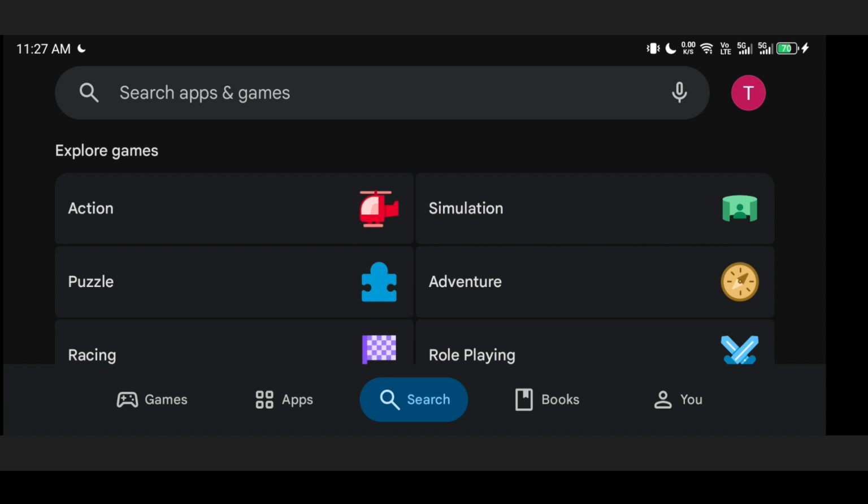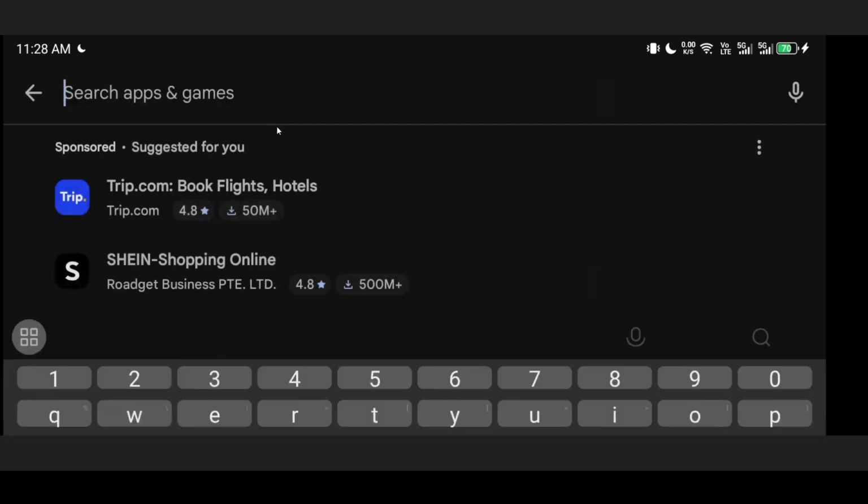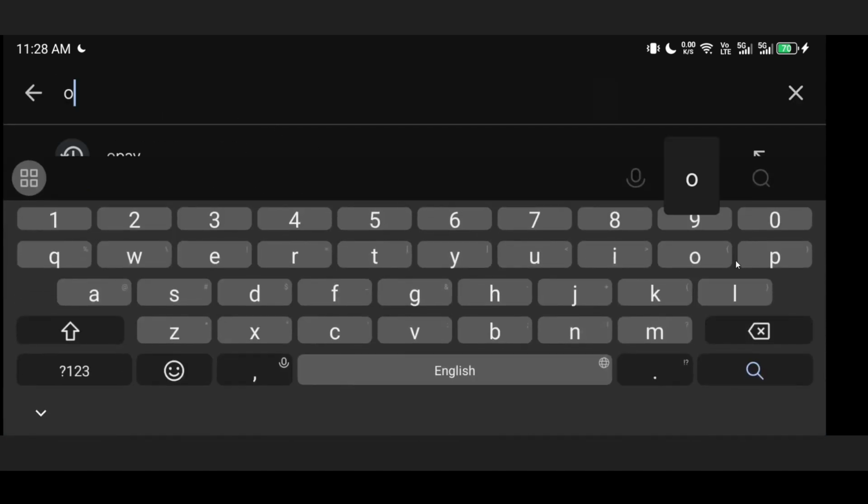First, open the Google Play Store on your Android phone or tablet. You'll find the Play Store icon on your home screen or in your app drawer. If you have many apps, you can swipe up to see all apps and look for the colorful triangle icon labeled Play Store. Make sure you're connected to the internet and have a bit of free storage so the download